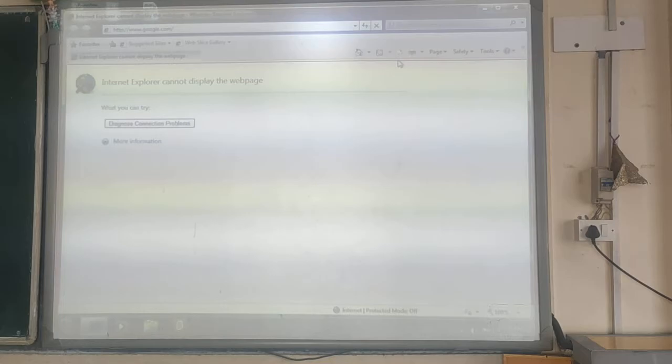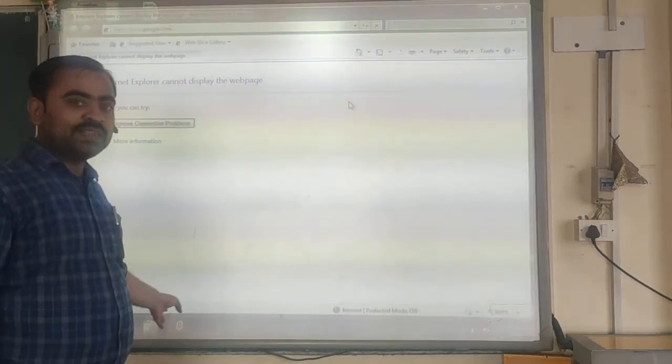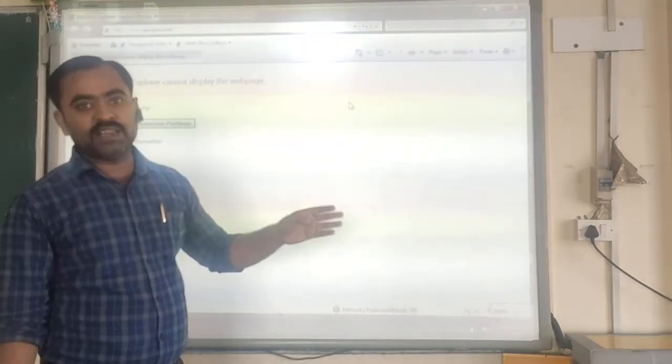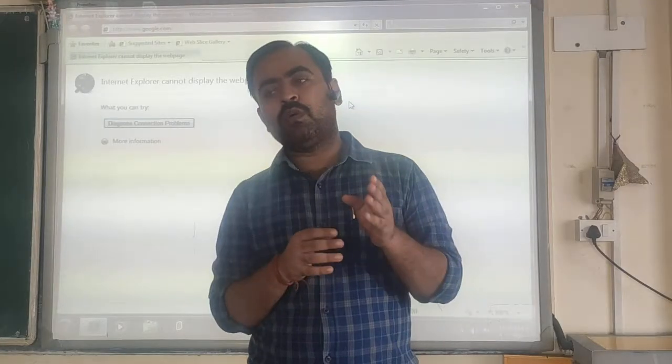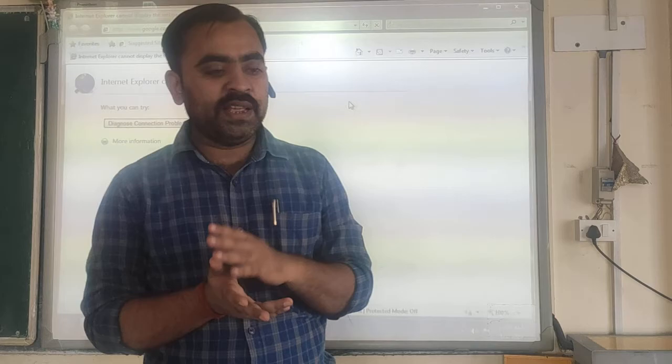When you try to load the page, it will show the status of the web page loading. It shows the percentage, how much of the web page has been opened and how much remains. So it shows the different status. Then the scroll bars. As you know, there are two different types of scroll bars. One is the vertical scroll bar, another is the horizontal scroll bar, and they are generally used to scroll the page. The vertical scroll bar is used to move the page up and down, whereas the horizontal scroll bar is used to move the page left and right.